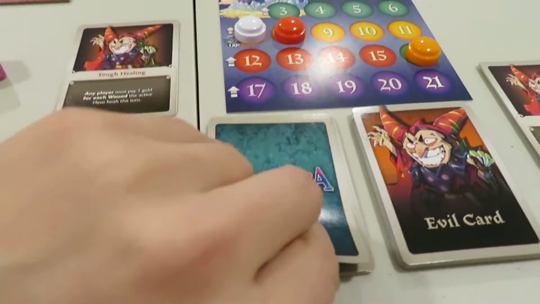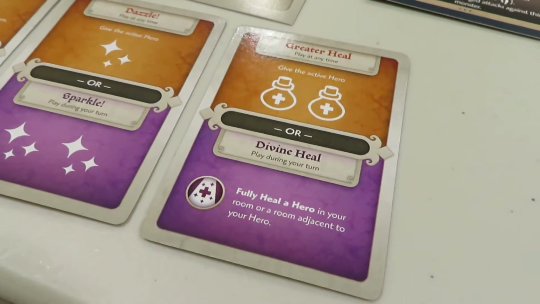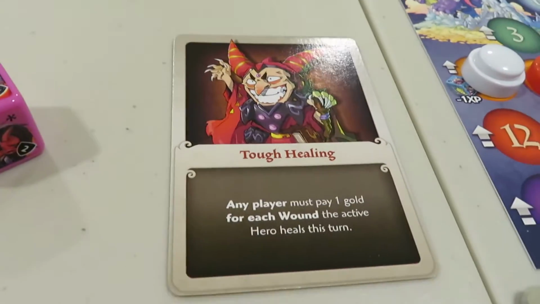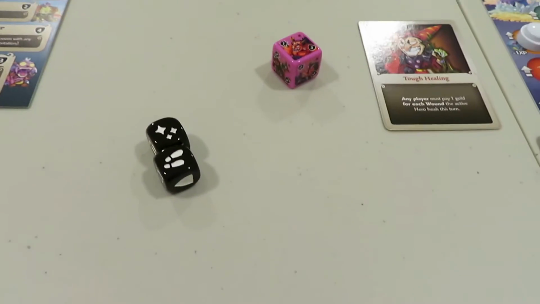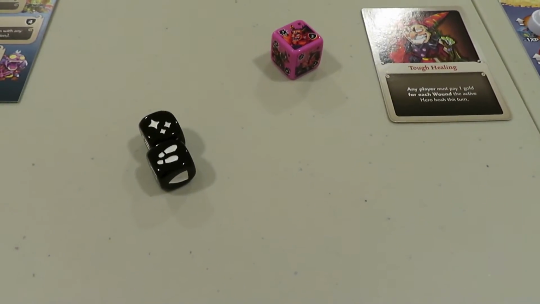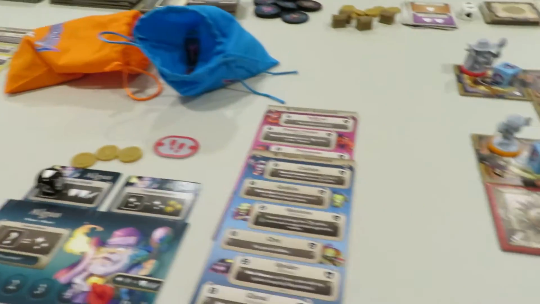We're going to grab his Lion's treasure card that he's gained, and he's gained himself a greater heal. Not something you want to use right now because of the tough healing evil card sitting out at the moment. So what do we do next? That is a good question. Well, we've technically handled this guy completely, so we can throw him back into this bag, and he's no longer